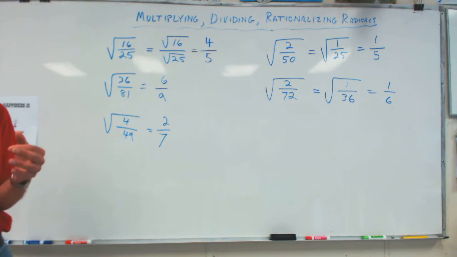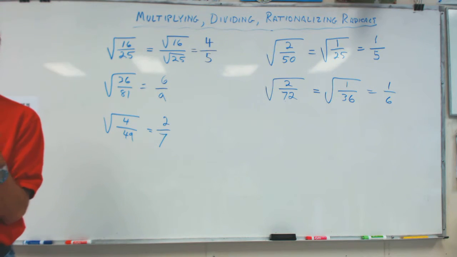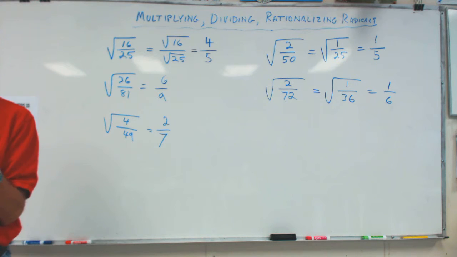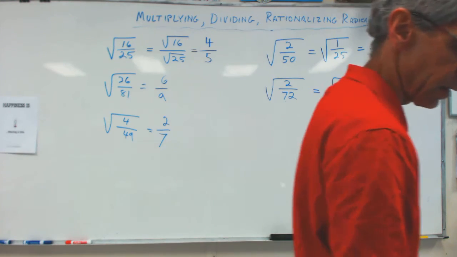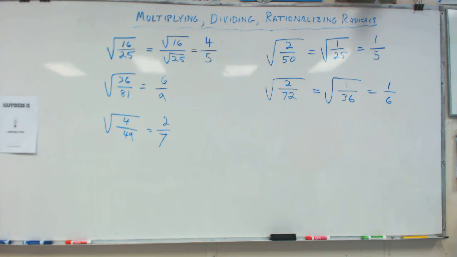When it talks about rationalizing the denominator, don't worry about that part. There are 4 problems on the back that say rationalize the denominator. Don't do those. But you can do all the others, including the last 2, which are just adding. So that's it. So that's my very quick, unbelievably brief